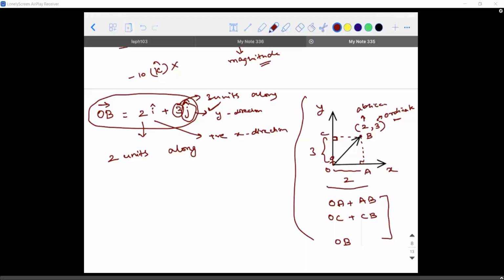Guys, was there any issue? We were not able to hear you. Okay, which was the point that got cut? Can you repeat it? Where did we lose the connection? You asked whether we can write it as 2i cap plus 3j cap. Sir, you are presenting. I'm not presenting it. Just a minute, I think there is some technical issue. Today there's some weird behavior.